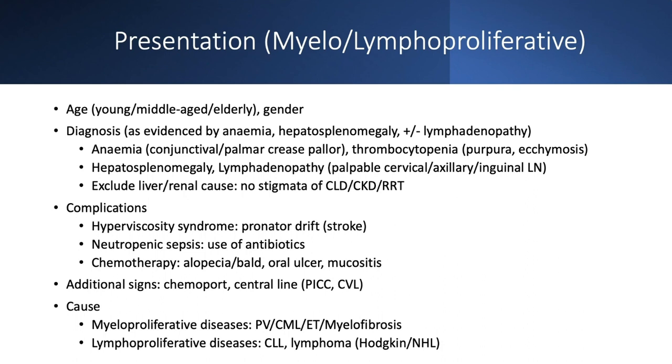So if you want to present, you also need to know how to do a quick summary. We want to mention the diagnosis in terms of anemia, hepatosplenomegaly, with or without lymphadenopathy. And you want to mention that there are no other stigmata to suggest chronic liver disease or kidney disease. In terms of complication, let's say this is a malignant hematological disorder, you may want to mention that there's no